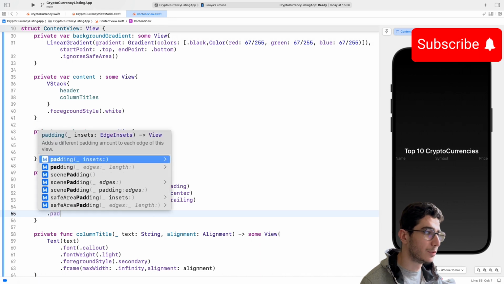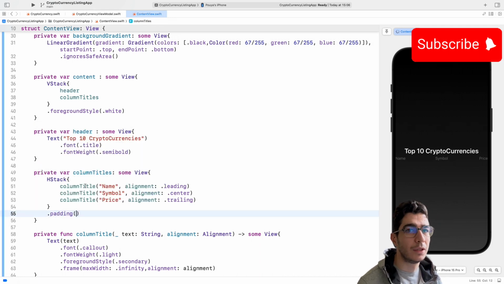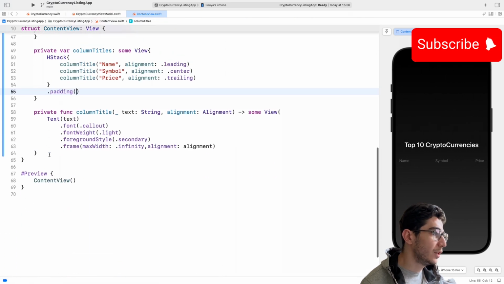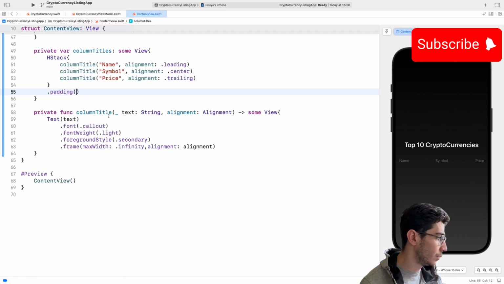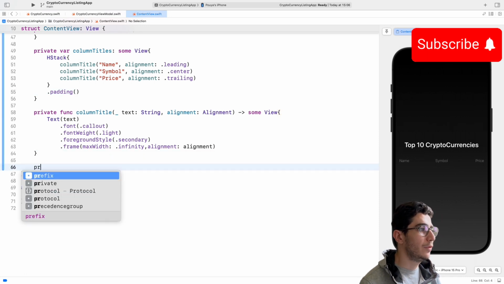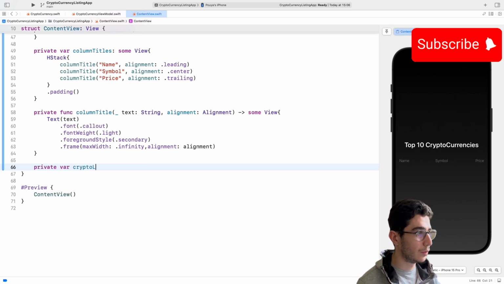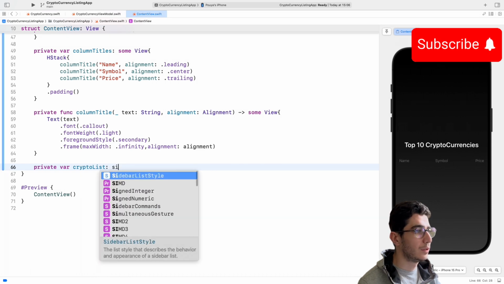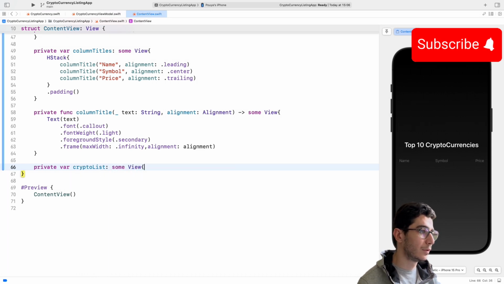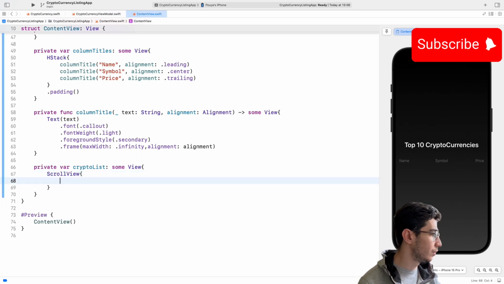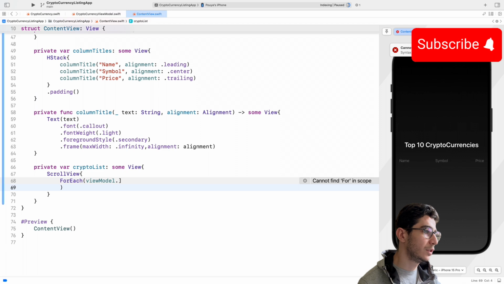And after that, we have that padding here. So let me just see. Great. So here after that, we have a crypto list. So make this one variable, private variable cryptoList here, type of some view again, and we have a ScrollView, and here we have a ForEach loop through the view model's cryptocurrencies,